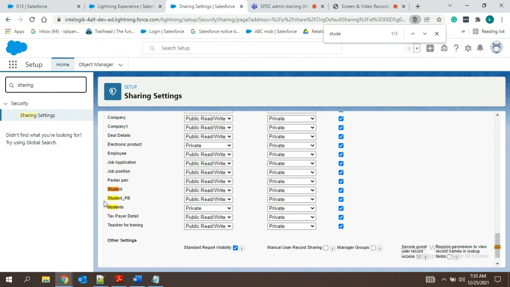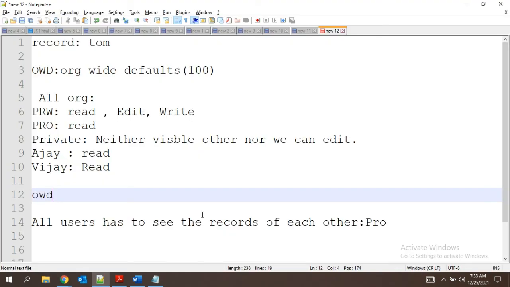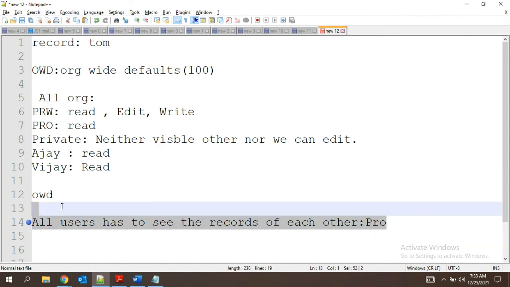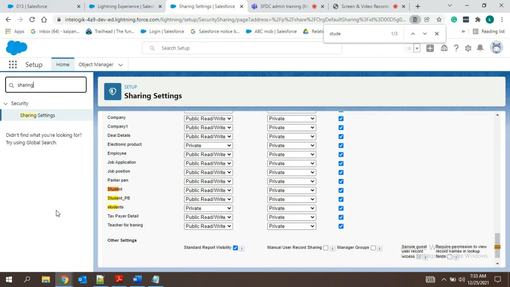Okay, once you go, now what was our requirement? First requirement. This was our requirement, no? All users have to see the records of each other. What I'll do is read only. For students we have to make read only and we have to save it.